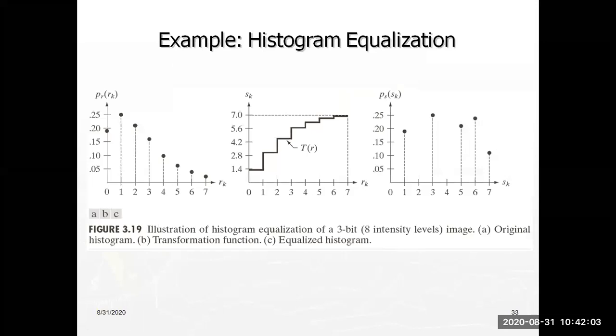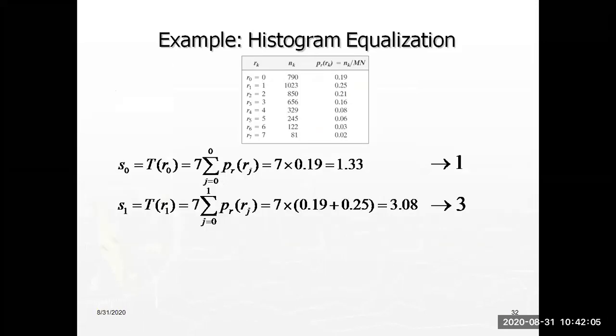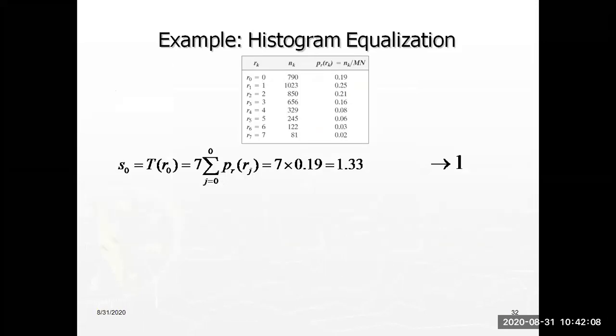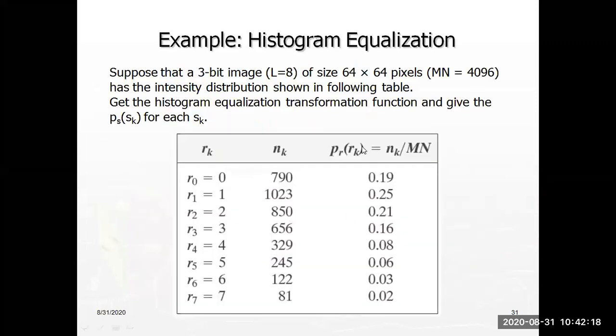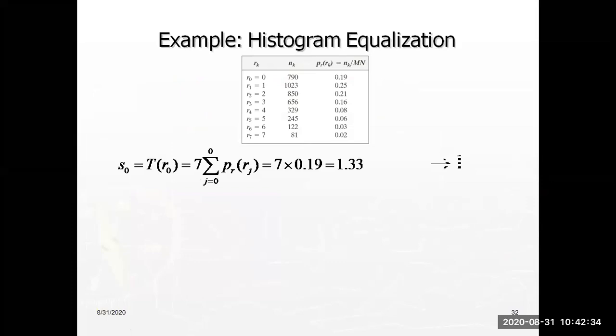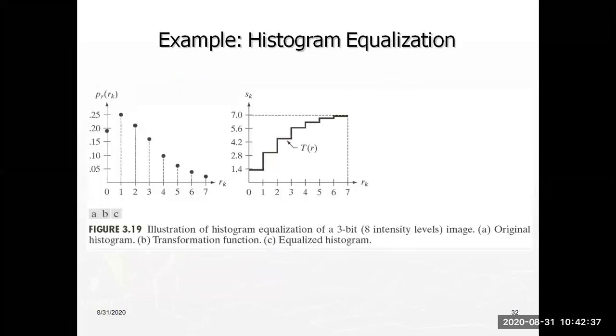So what is histogram equalization? There is a process. There is a formula. What is the histogram formula? This is my formula for analog and this is for discrete. Using this formula, I have one problem. I took one table. This is my input, for example a dark or light or low contrast or high contrast image. Based on the corresponding values, we can calculate the histogram equalization values like this.